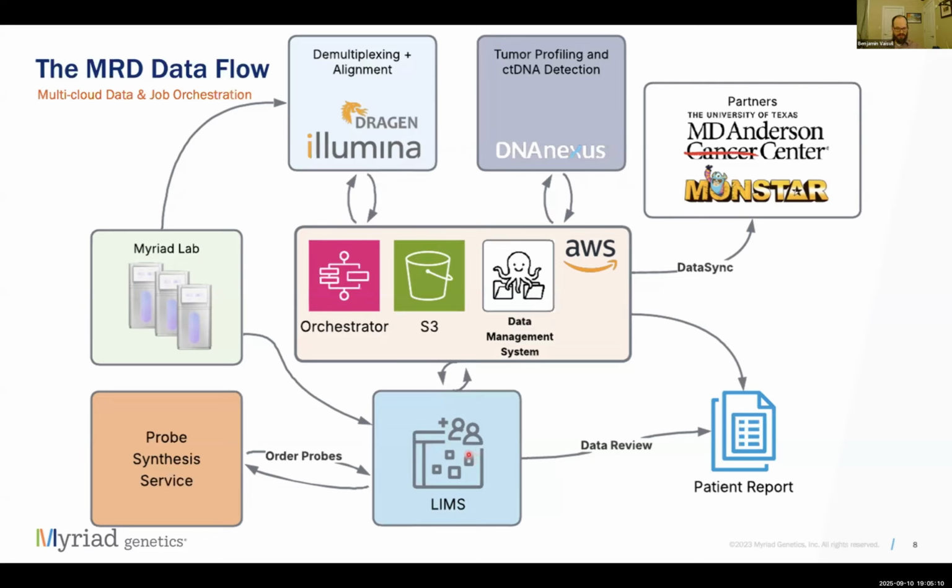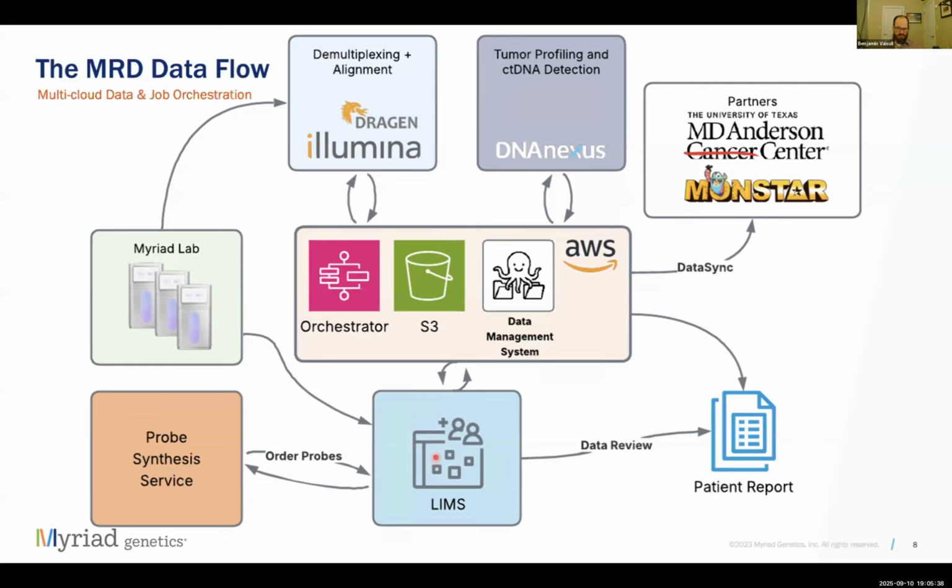Next, our orchestrator executes and monitors a DRAGEN alignment job, also on ICA, and this also updates the LIMS and DMS. Those results are then sent to the LIMS where somebody reviews them, and if they look good, and we have a buffy and tumor sample that pass review, we can then proceed to tumor profiling. Tumor profiling is initiated by the orchestrator by checking a queue in the LIMS.